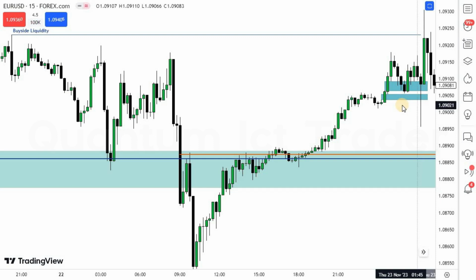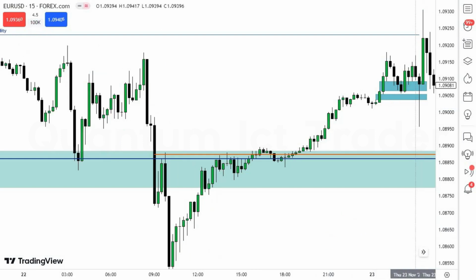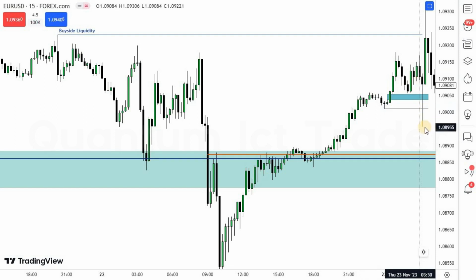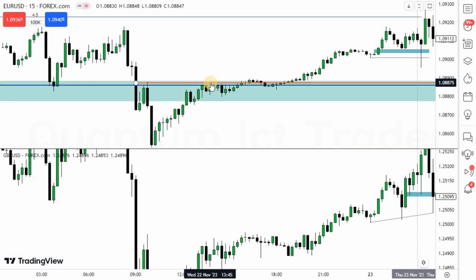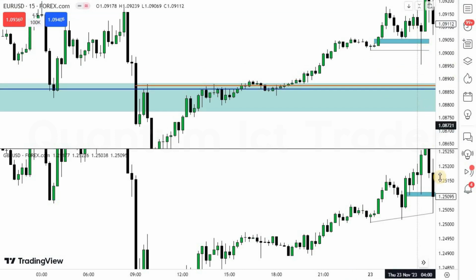But I'm going to show you exactly how you can avoid this type of scenario and be on the profitable side of the trade. So now, as you can see, USDT took that low at 3:15 AM, and when you see that happen, you want to go to the correlated pairs. USDT is correlated with GBPUSDT, so I'm going to go to GBPUSDT and see what it did when price took that low on USDT at 3:15 AM.